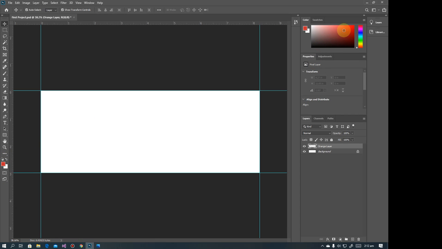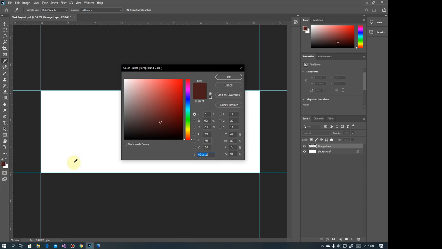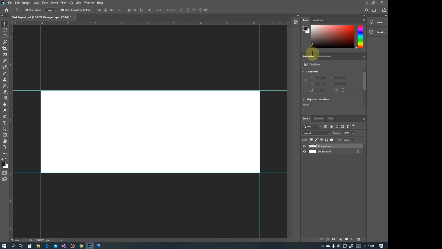You can also choose a color from here, and that is going to reflect on the color palette as well. So I'll just select my color like this and click on OK, and that is going to select my color here for me. Now let's come to this gradient tool. Click and hold. You will see that we have the paint bucket tool here. Click on the paint bucket tool,